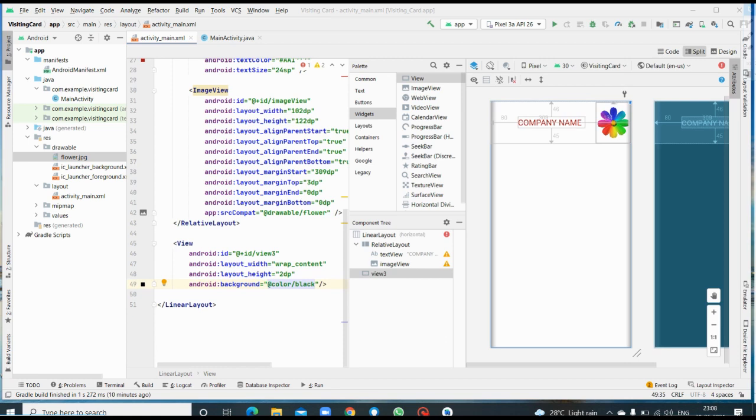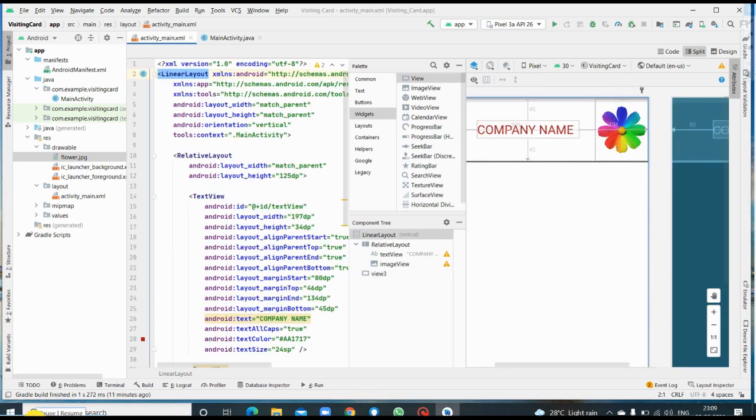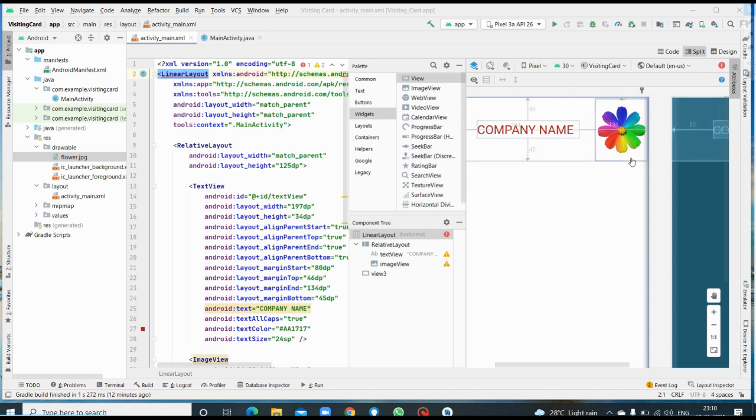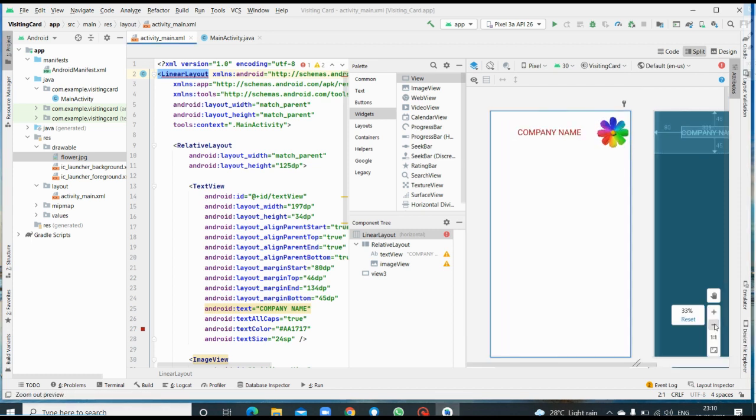Yes, I have given a background color as color black, but still look here, our view, that is a horizontal line, is nowhere visible for us. Why? Because we have the linear layout, which is a horizontal one that we have set. That means automatically it is going to take the linear layout as horizontal orientation,